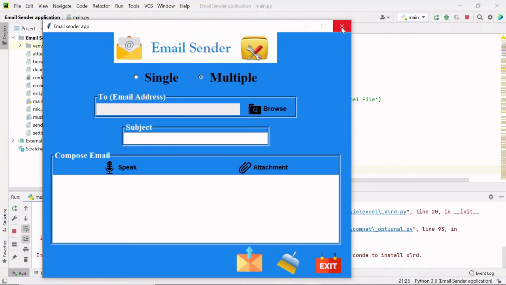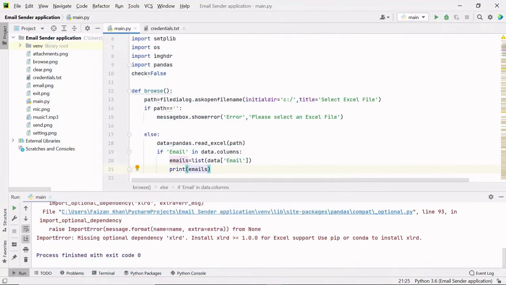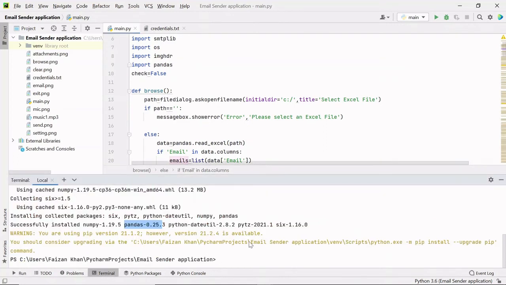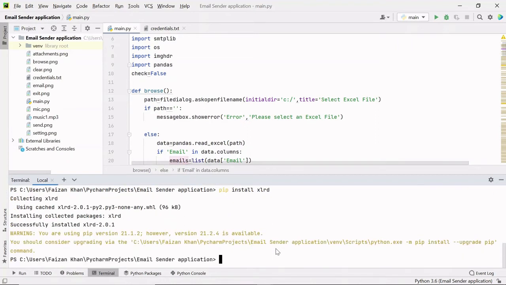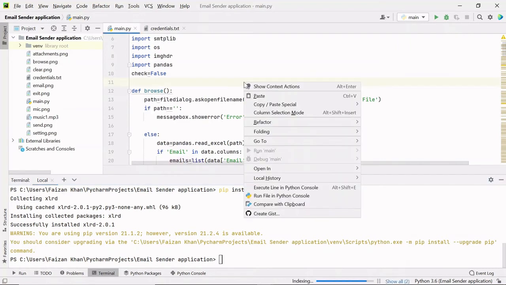I'm getting an error. Let's see. So here it says optional dependency xlrd is missing. So what we have to do is go to the terminal. Here we need to install that xlrd. Once it is successfully installed, now you can run your code again.